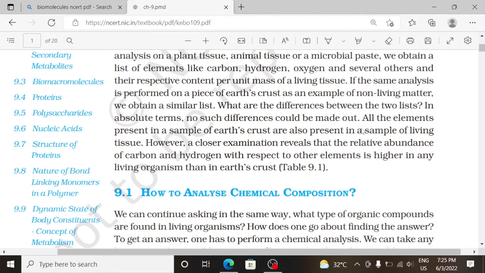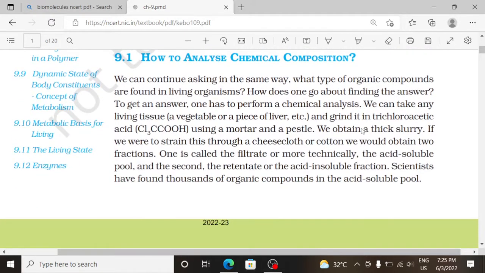How to analyze chemical composition? We can continue asking in the same way, what type of organic compounds are found in living organisms? How does one go about finding the answer? To get an answer, one has to perform a chemical analysis. We can take any living tissue, a vegetable or a piece of liver, etc., and grind it in trichloroacetic acid,